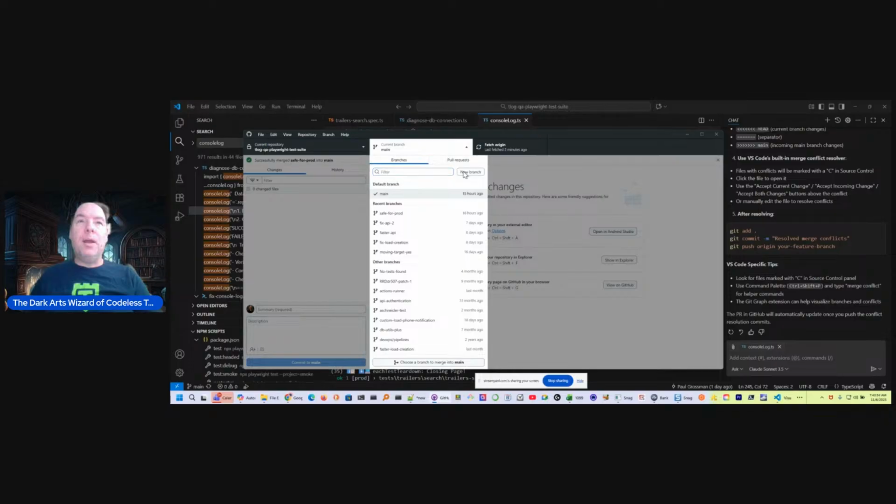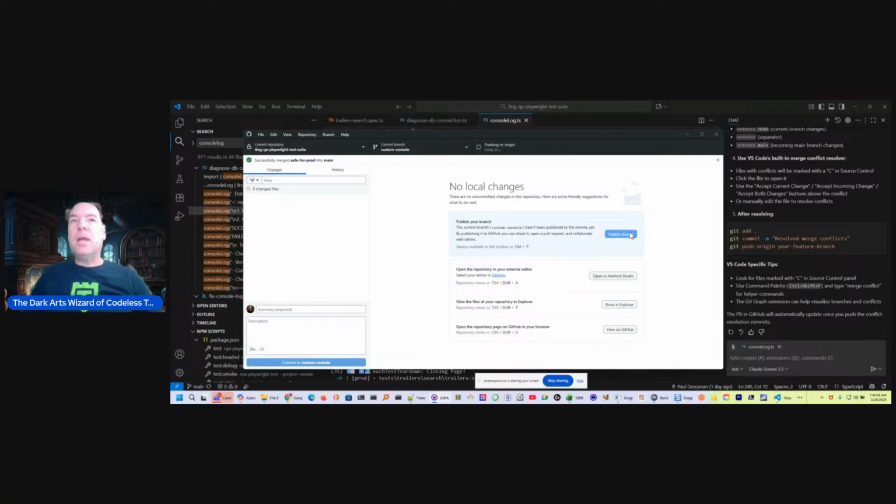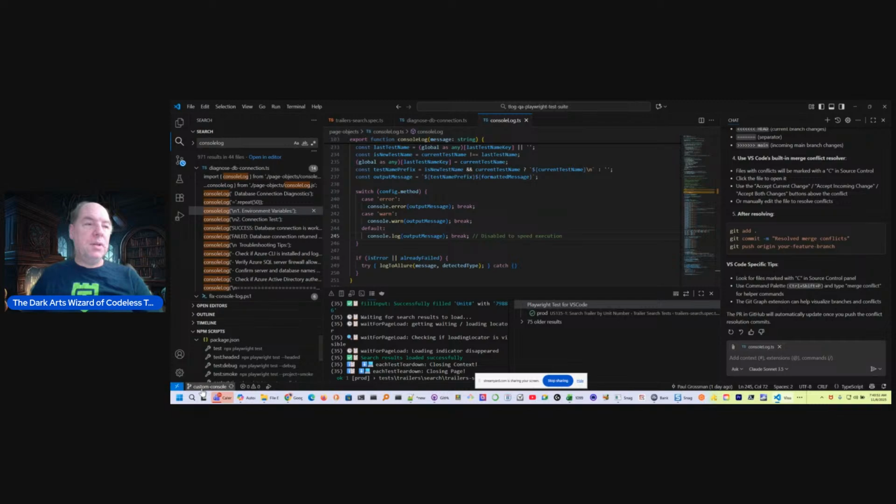So I'm going to do a brand new branch, and the new branch is going to be custom console is what I'm going to call it. And I'm going to create that branch, and then I'll publish that branch. And take a look down here where it says main. If I click on this, it'll switch to custom console. All right, so now I have a copy of the good working project. So the next thing I want to do